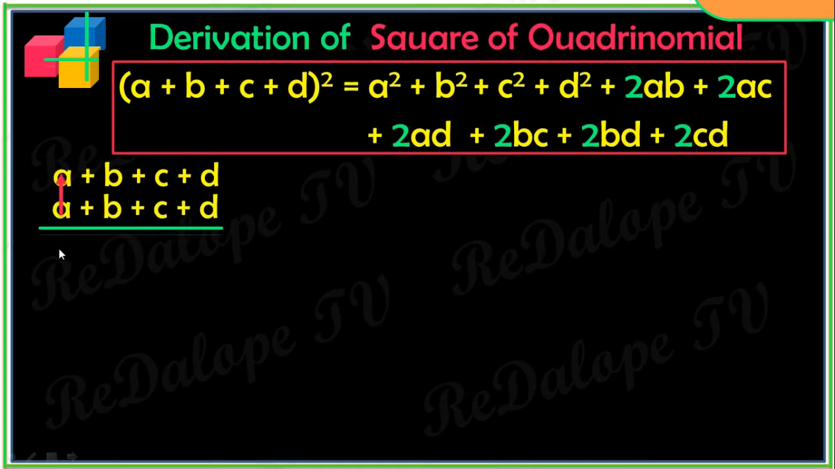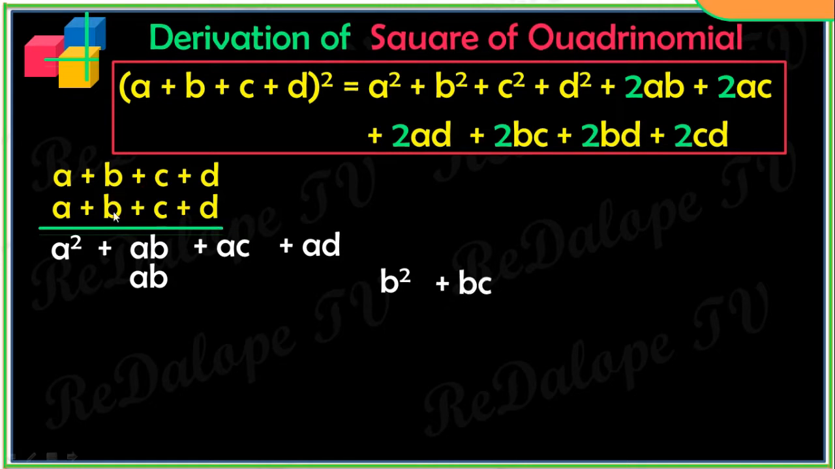So a times a, so we have a square, and then a times b, so we have positive ab. A times c, so we have positive ac. A times d, so we have positive ad. And then multiply the second term by each term of the first polynomial. So we have b times a, so we have ab. B times b, so we have positive b square. B times c, so we have positive bc. B times d, so we have positive